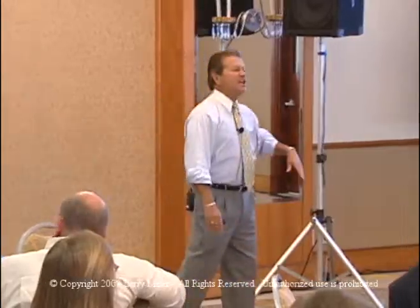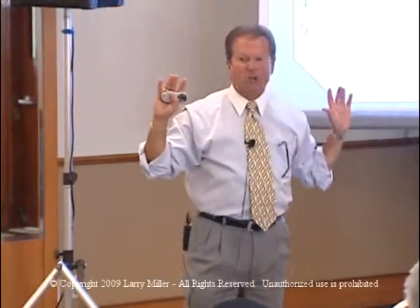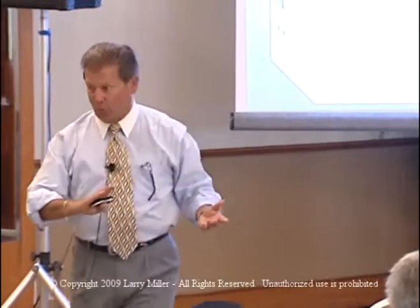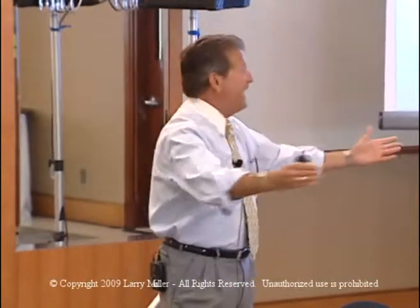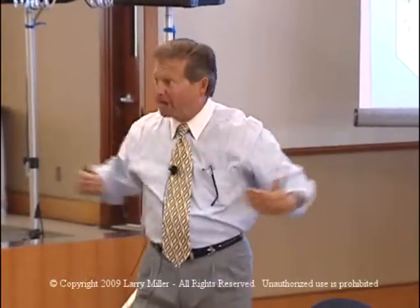Have a formal staging area. No stores did I see that had what I like to have, a 10 to 15-foot product-free zone by the receiving door. Now, most stores, not all stores, had the availability of 8 to 10 feet. The one store that didn't have the availability of that product-free space,